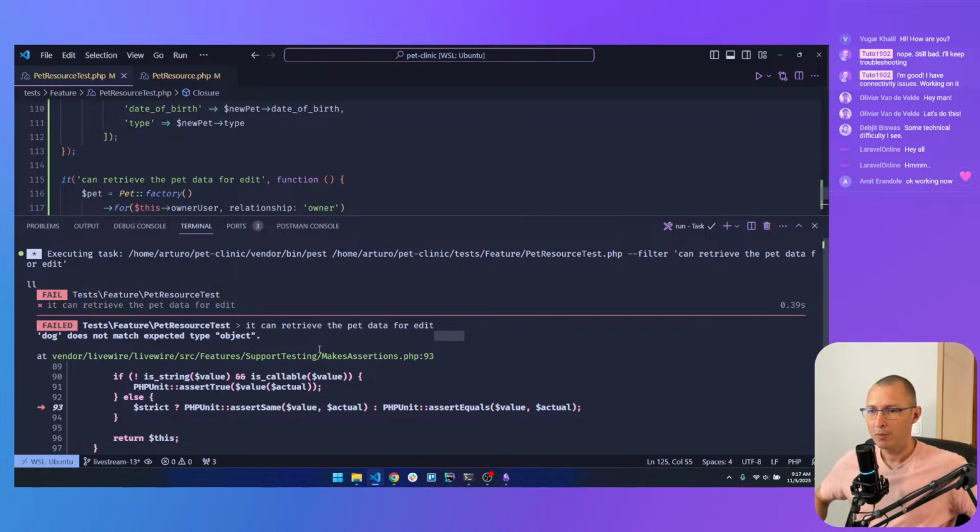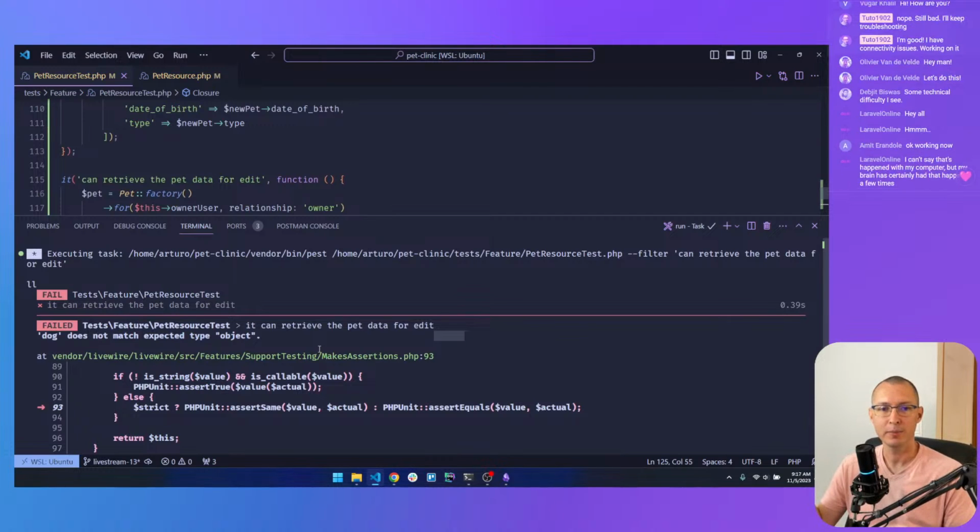Hi Amit, thank you for coming back. It is working now. Yes, it is fun because I can't say that has happened to my computer, but my brain has certainly had that happen a few times. Yeah, my brain did shut down for a minute there. Indeed. It's fun because it started fine, and I could see OBS just saying, yeah, everything is fine, everything is peachy, just continue. And I focus on the code, and then Amit tells me that the stream has been paused for 5 minutes, and I'm like, what?